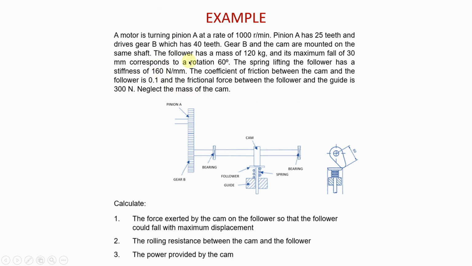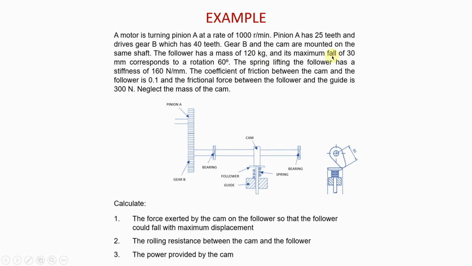Now the follower has a mass of 120 kilograms. So if you do not know what is a follower, you need to go back and watch the previous video, because I explain all of these things in detail in that video. So here I am just going to assume that you already have that kind of knowledge. So the question says the follower has a mass of 120 kilograms. And so the follower is here in the figure. This thing that looks like a T is the follower, and it's got a mass of 120 kilograms,